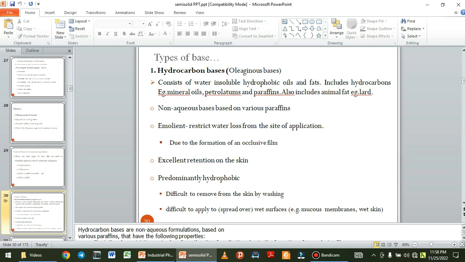mineral oil petroleum hard እና soft paraffin የምንላቸው ናቸው consist of water insoluble ናቸው most these hydrocarbon or oleaginous bases የምንላቸው water insoluble ናቸው so they are non aqueous ናቸው they have emollient action water immiscible ስለሆኑ by the way from the substance the least viscous substance በመባል የሚታወቀው water ነው least viscous ማለት high flow አለው ማለት ነው high